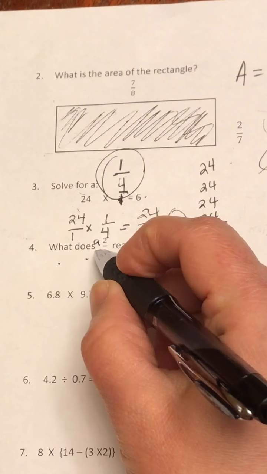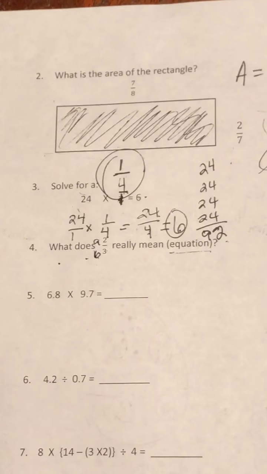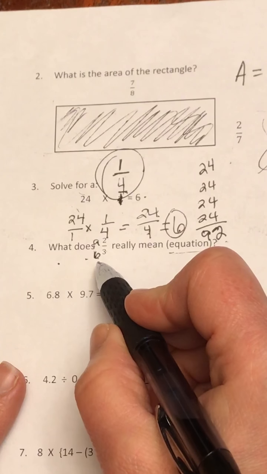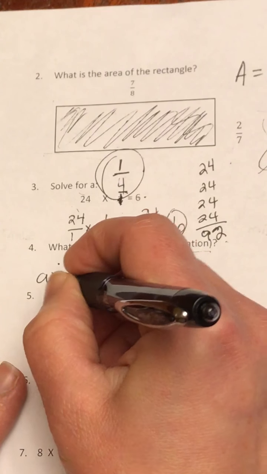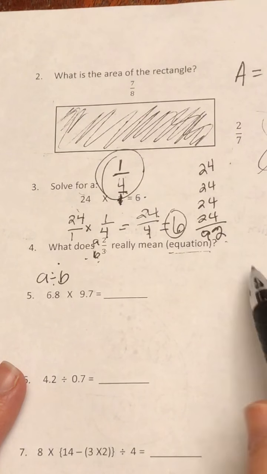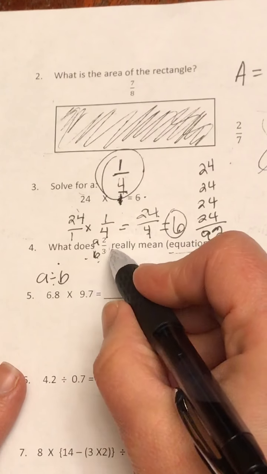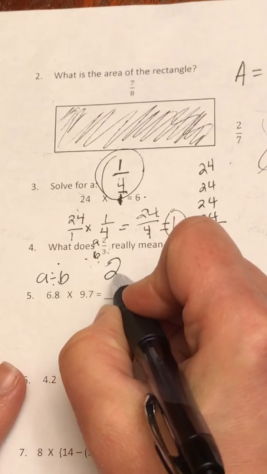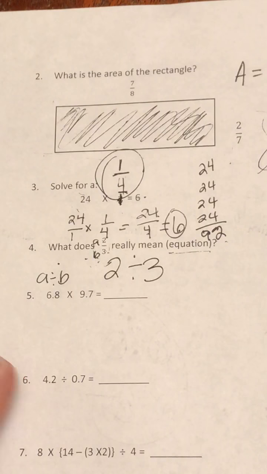And so if you remember, I taught you very early on, and it's also hanging on an anchor chart over on our math board, that A over B is the same thing as A divided by B. Well, that's not really my equation. It doesn't really tell me what this means. So what I do then is I just plug in the numbers. So that really means 2 divided by 3. Doesn't say solve, doesn't say evaluate, it just